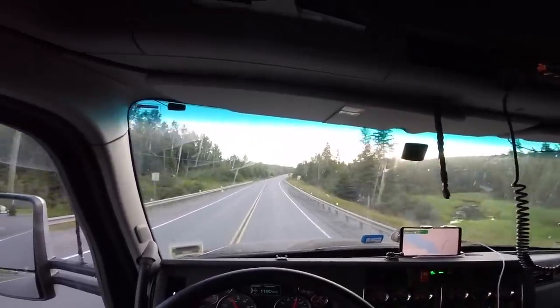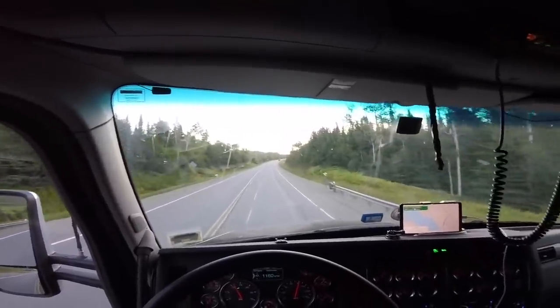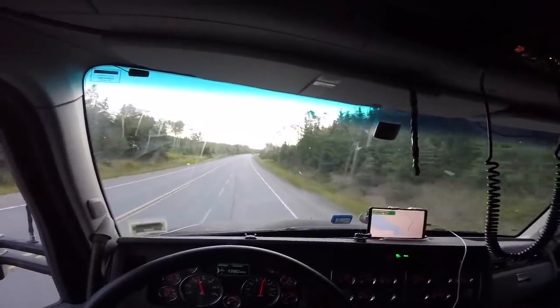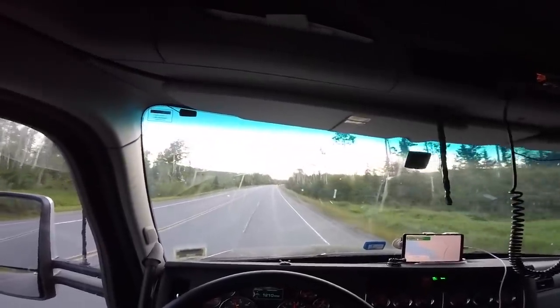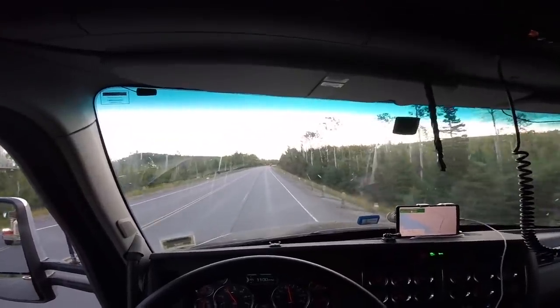But yeah, his truck is pulling pretty good, even though he has only 1850 torque. But he's lighter. He's not as heavy as me, you know. The truck is lighter, but